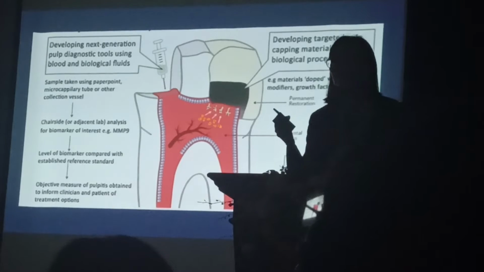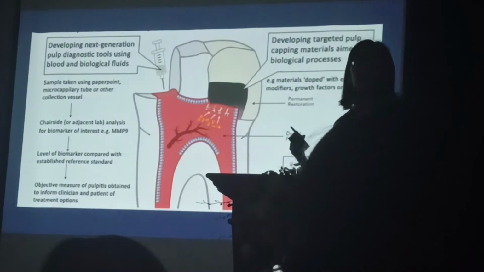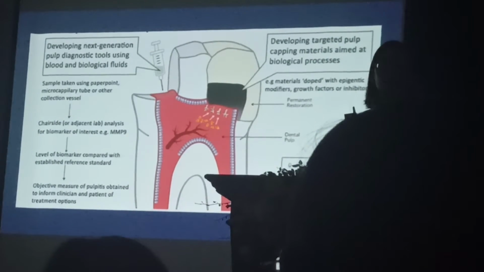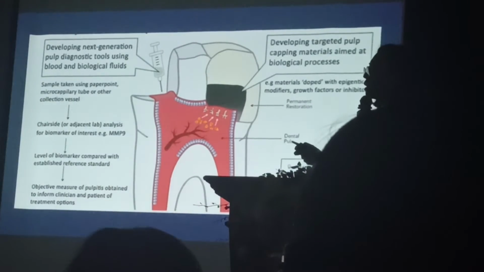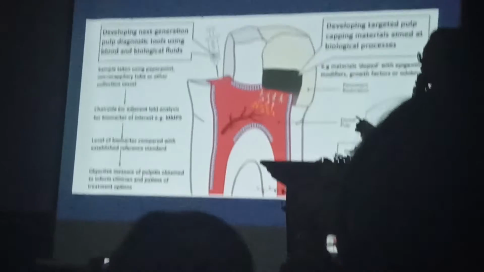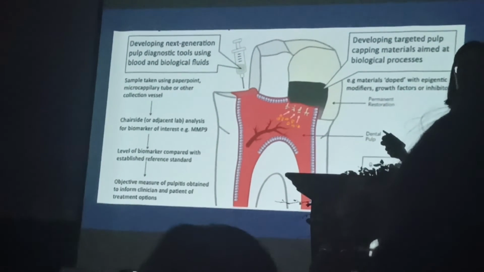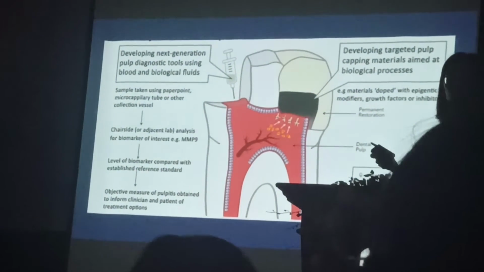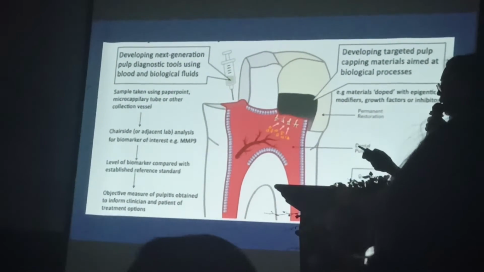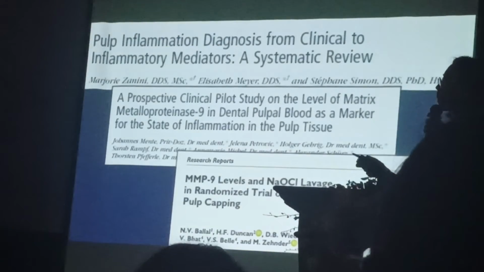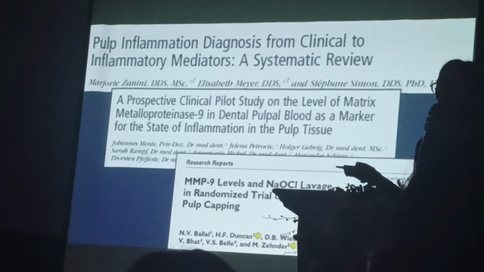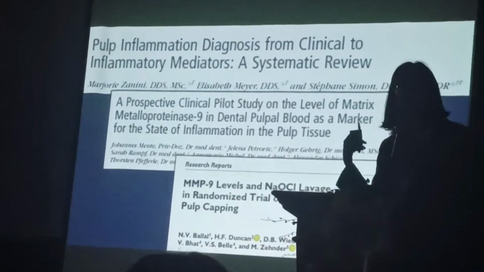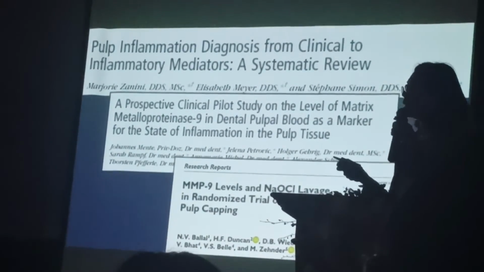Like Dr. Ananda just said about pregnancy, get the biological fluid, the blood, have the lab test, and tell us the level of inflammation with the biomarkers. And another study is the NP9. Okay? Show you here. We're talking about the NP9,